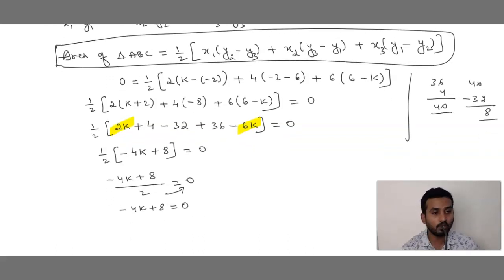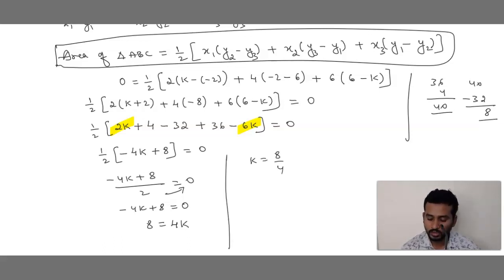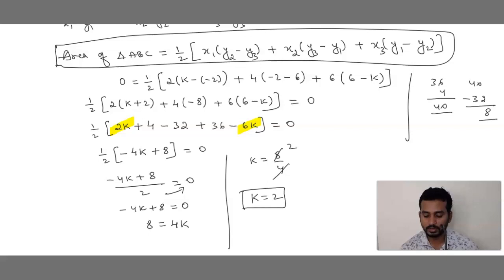Now what happens? We want k positive, but here it is negative. So minus 4k shifted to the opposite side becomes plus 4k. Okay. Then k is equal to 8 by 4. 4 twos are 8. So the value of k is 2. Is this clear? I hope you all have understood this problem. How to find the value of k? By using the condition that 3 points are collinear. Is this clear? Good. Carry on.